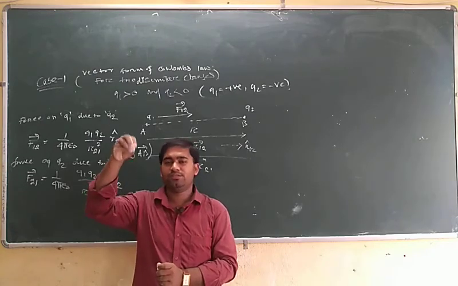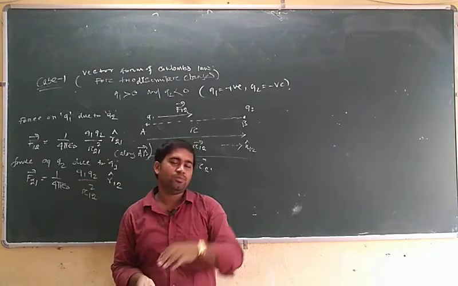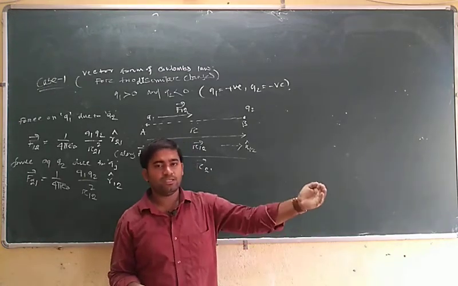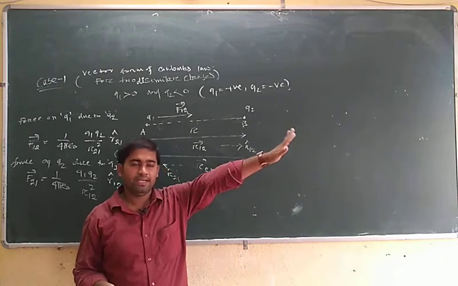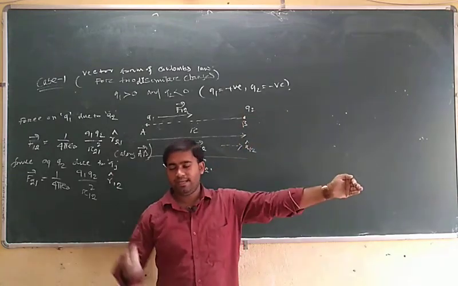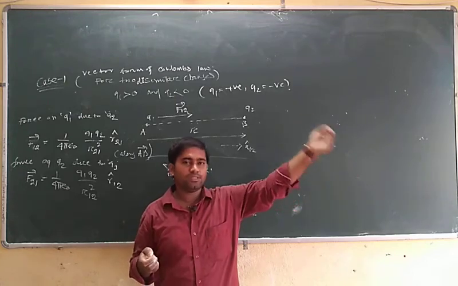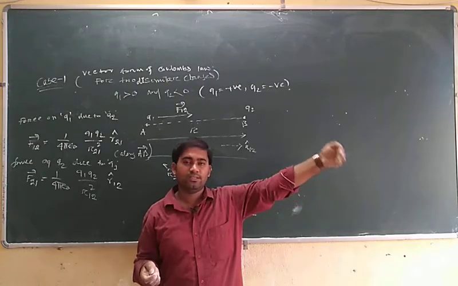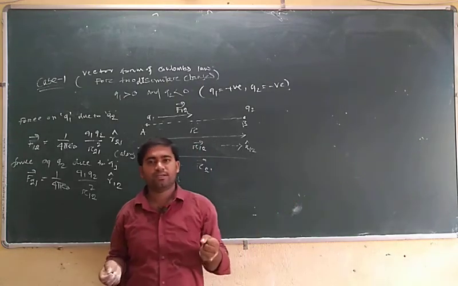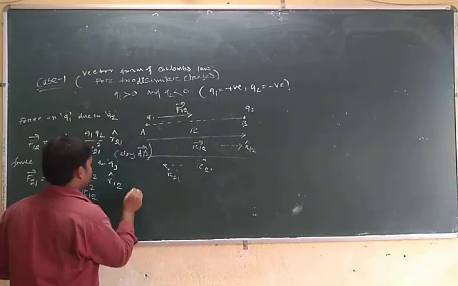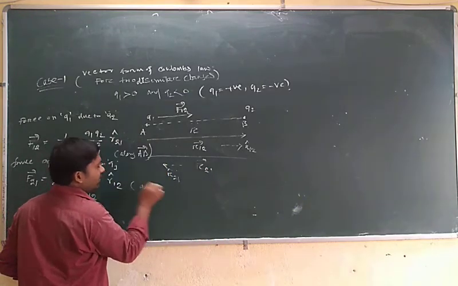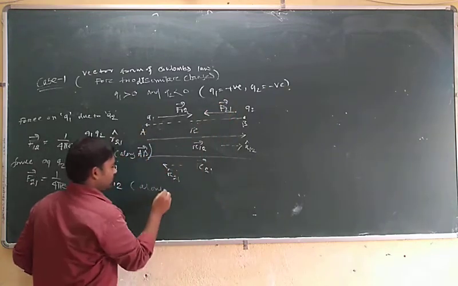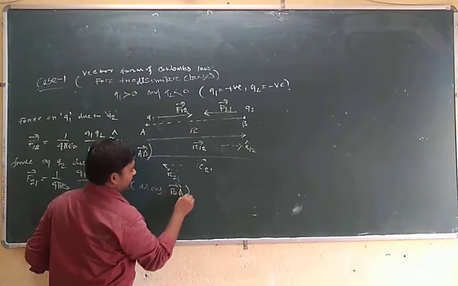The point from which we start the action decides the direction. If the action starts from a positive charge and the second charge is also positive, then that charge will move away from the charge. And when the second charge is negative and the action starts from positive, the movement always depends upon the negative, the second charge. If the second charge is negative, it will be attracted towards the positive charge. So the direction will be along the BA vector.